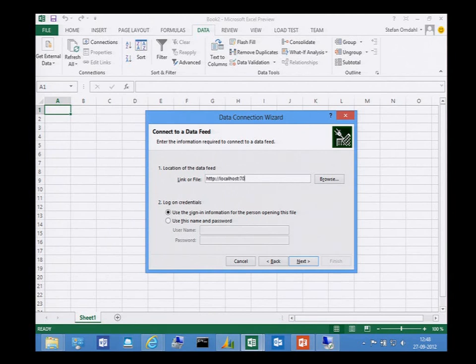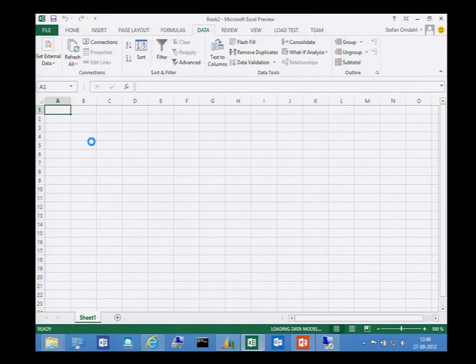Localhost, and the default port is 7048. First I need to type the server instance name. 70 OData companies. And I don't want to sign in with default information. I need to log in using my NAV user and this password still stored. It's fine. See if it works.